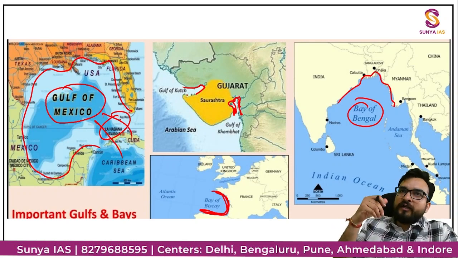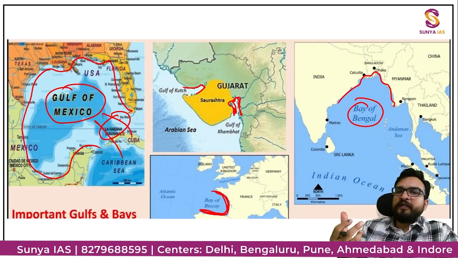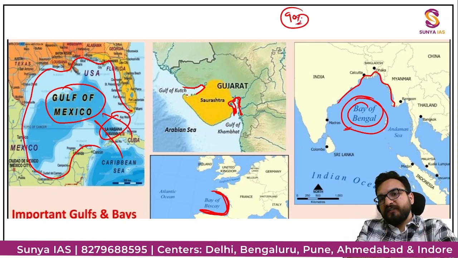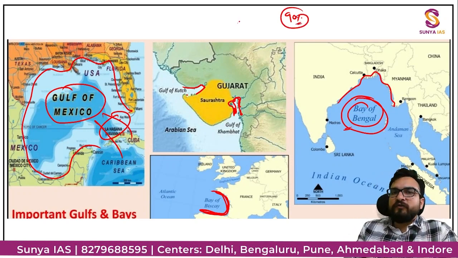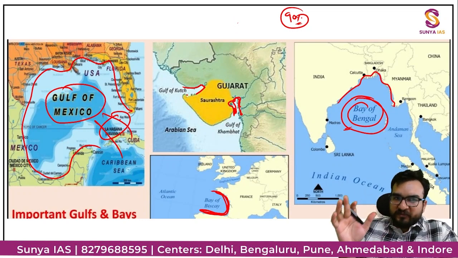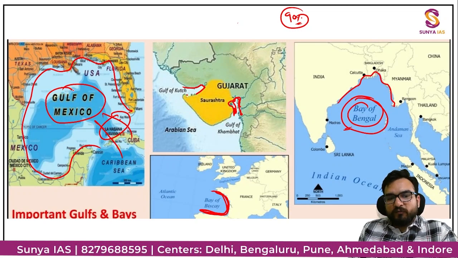Now this is not 100% correct. आप हर किसी को इसमें नहीं डालोगे, but as it is, you have to understand because some of the things are portrayed like this. That Bay of Bengal. So mostly 90% of the areas में आपको ये जो the definition which is geographical definition, it is right, 100% right. But somewhere you will see that narrow opening है, फिर भी we are calling it bay. But आपको उन exceptions में नहीं जाना, right? Just see the broader picture. What I'm trying to say, right?